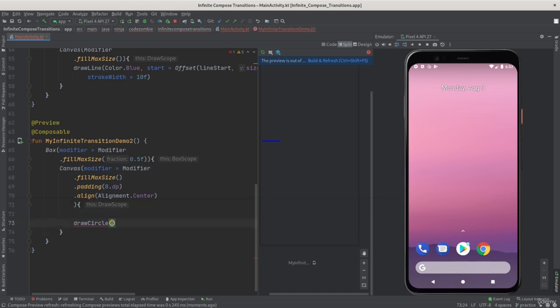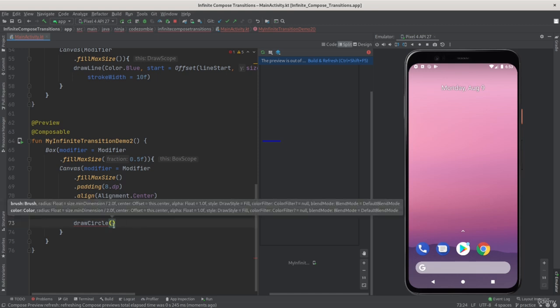One of the circles will rotate around the X axis, which means I will rotate or pitch them. We call this pitch in 3D animation. And the other one will be rotated around the Y axis, or it will perform a yaw. We call this pitch and yaw. So draw circle,